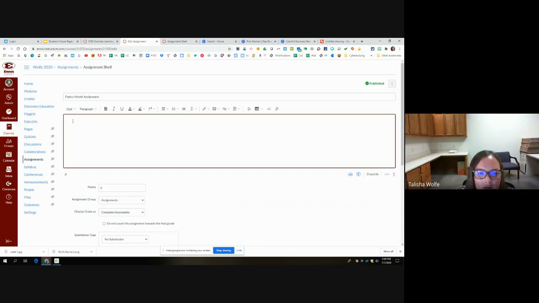You can add a video, you can add in text, you can put in images. Oh, let's do a Bitmoji here. Let's say my directions are going to be: write an original poem and upload it to